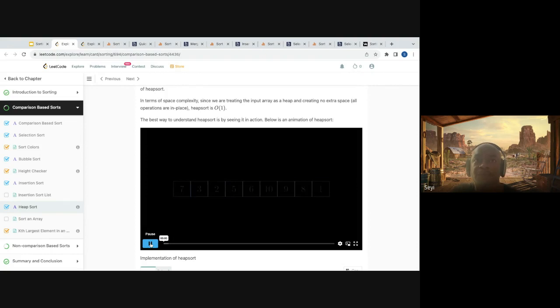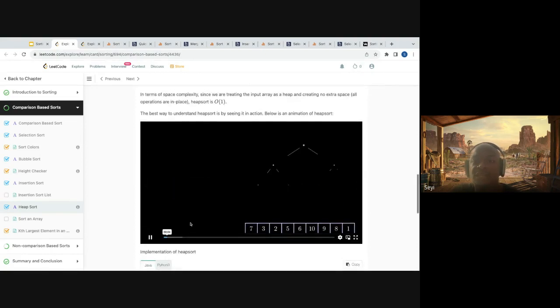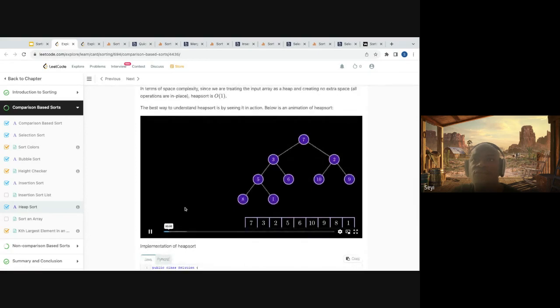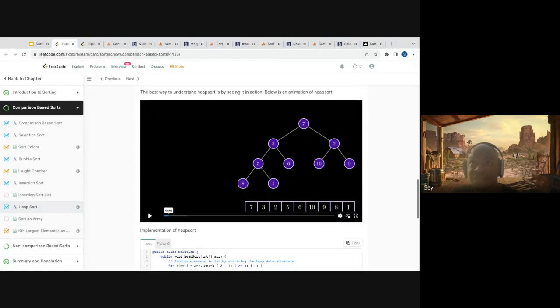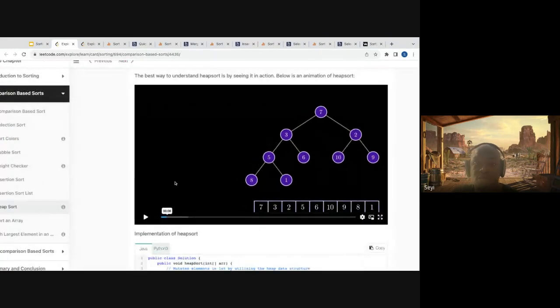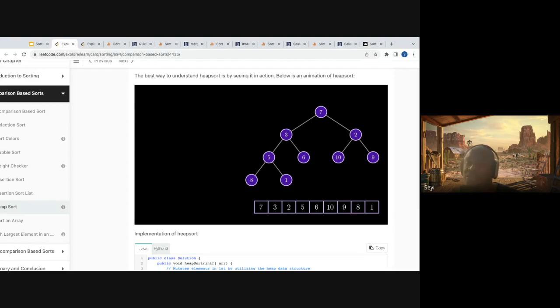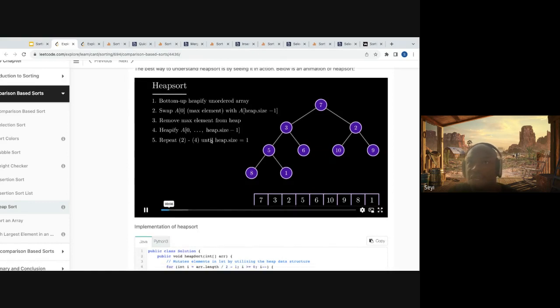So I'll explain here. So this is your array here. What they are doing here is, if you look at the heap, if you take the array and construct a heap, this is what you have. You have this structure. If you construct a heap, but this is not yet a heap, so they need to heapify it. And I think you remember how to heapify, where you start from the elements and you move them up and down successively. Essentially, I won't really go into that, but that is what we are doing here.